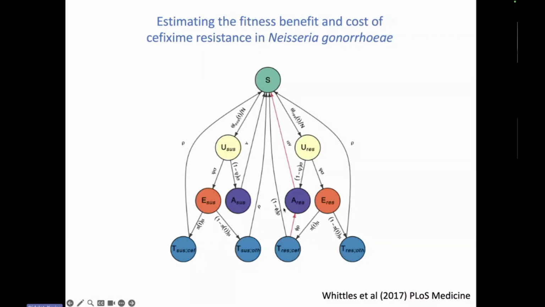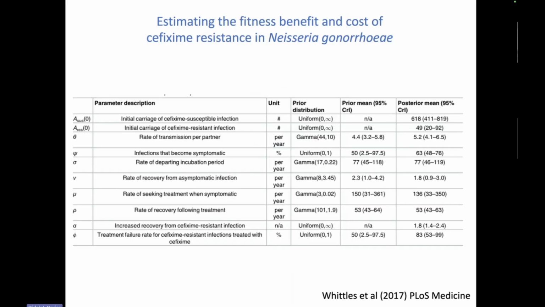So phi represents the probability of unsuccessful treatment. Again, we don't really know what that is, but it's something that we can estimate from the model. So we fit this model to the data that I was showing you on the previous slide, and we can estimate the different parameters of the different transitions that happen